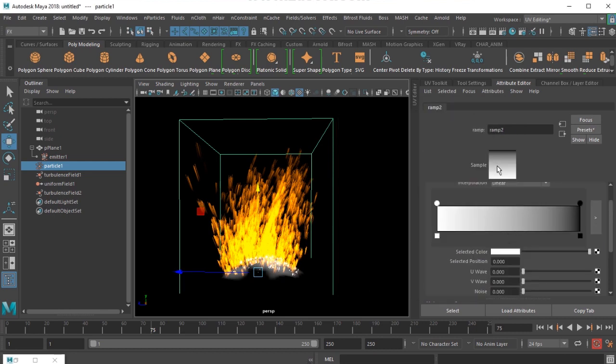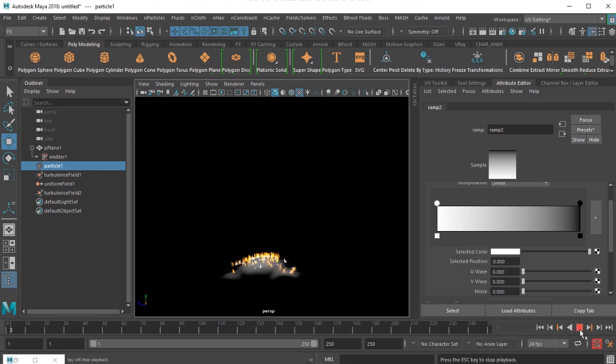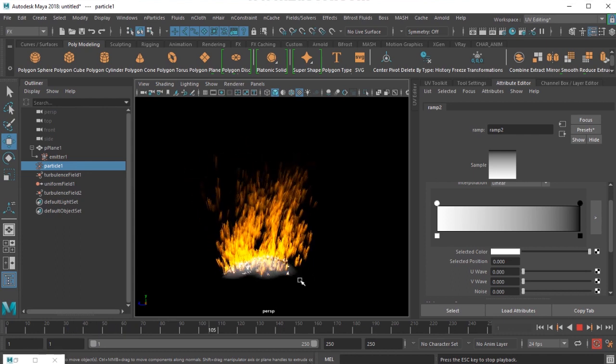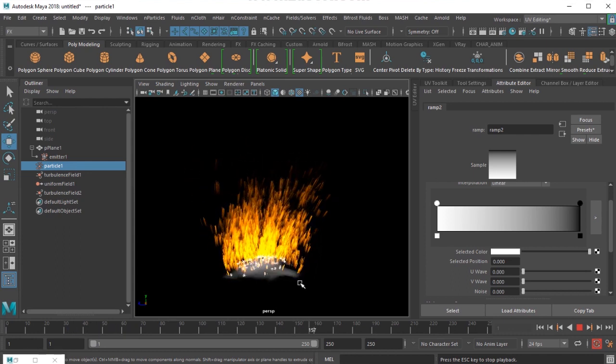So what that actually means is when the particle takes its birth it is opaque. As it is going to die, it becomes transparent, and we don't see these hard points on the edge. So they blend to transparency. It looks more natural.